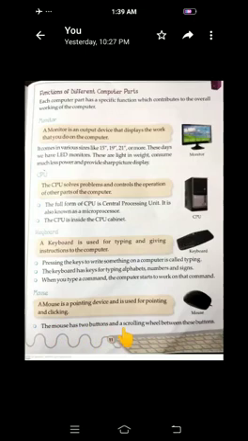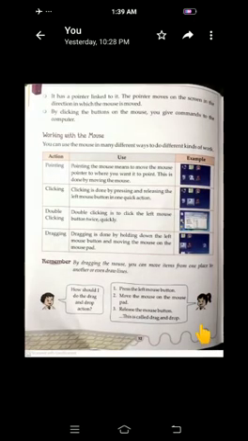And a scrolling wheel between these buttons. It has a pointer linked to it. The pointer moves on the screen in the direction in which the mouse is moved. By clicking the buttons on the mouse, you give commands to the computer.